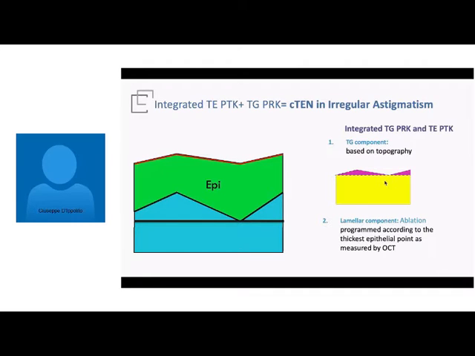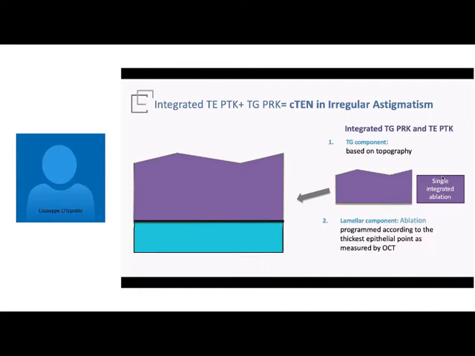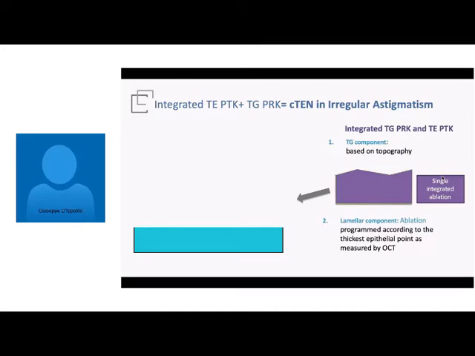And then we program our lamellar part of the ablation, which in SIPTAB is called epithelial thickness. We program the epithelial thickness to the thickest point of the epithelium. And then we have a compound ablation consisting of two parts, both lamellar component and refractive component. And if we now apply this single integrated ablation to our cornea, it will be this way, and of course we will achieve